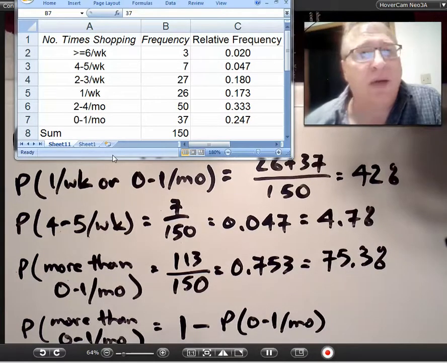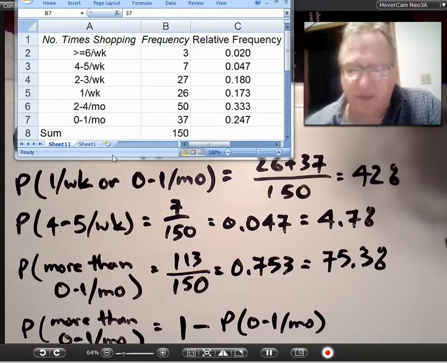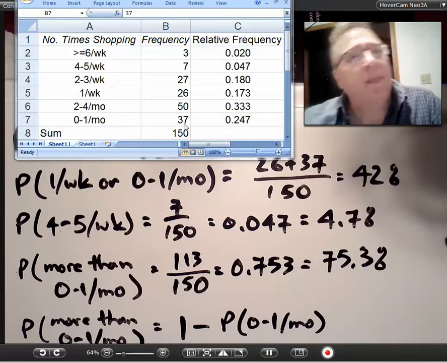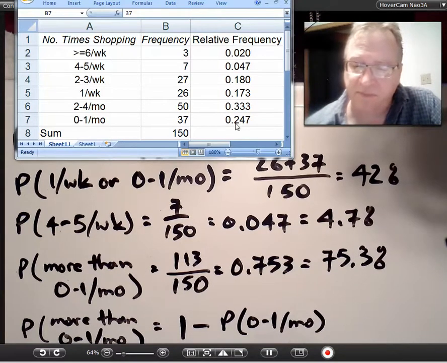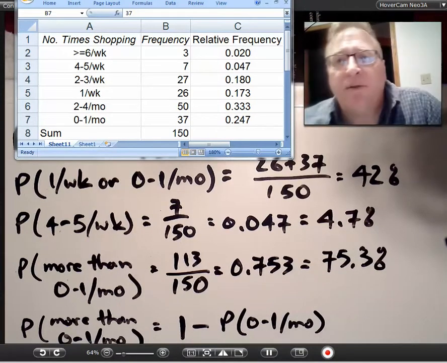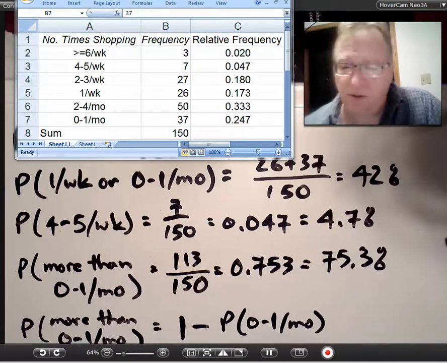Does that work out? Let's see. 1 minus the probability of 0 to 1, which we know is 0.247. Now let's do the math. 1 minus 0.247 is equal to, look at that,